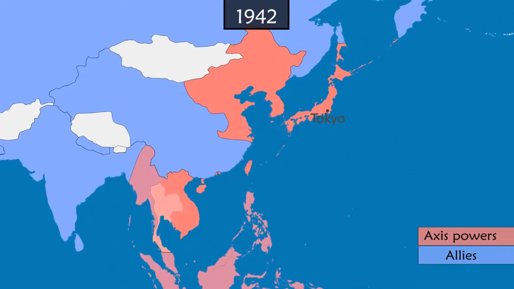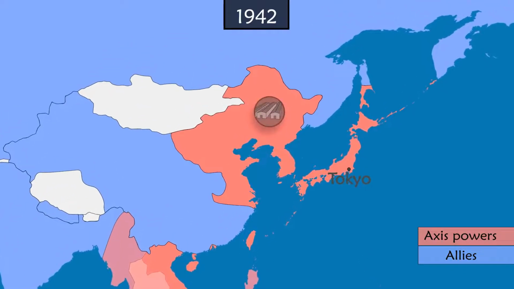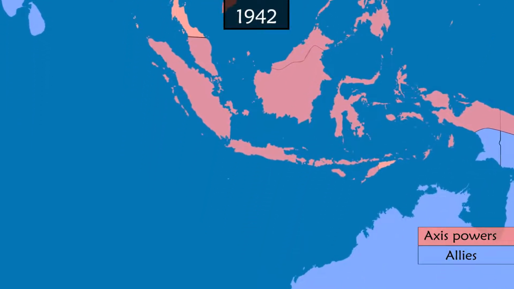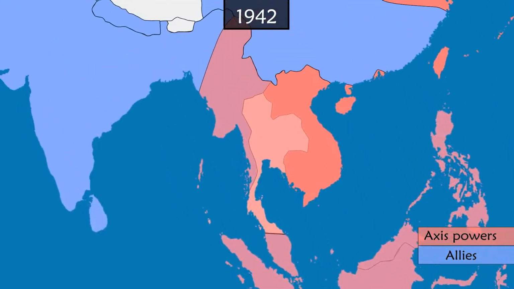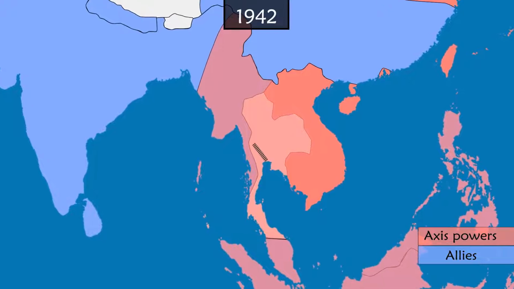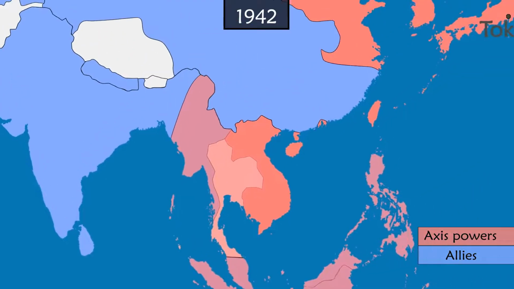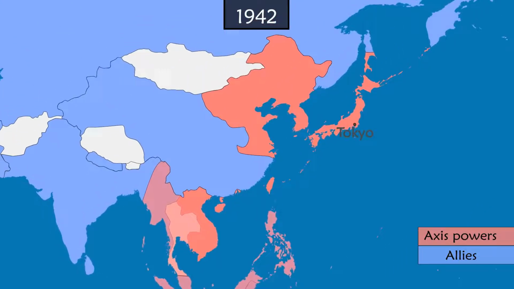In addition to the massacres, Japan sends 10 million Chinese civilians into forced labor camps. In Indonesia, millions of prisoners suffer the same fate on the island of Java. In Burma and Thailand, Allied prisoners are exhausted in the construction of a railway line. Moreover, hundreds of thousands of women are forcibly recruited into prostitution for the Japanese army.